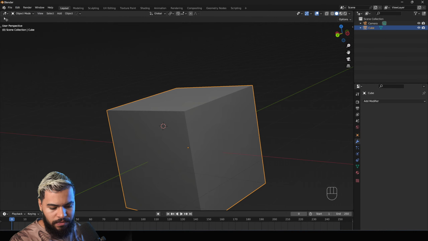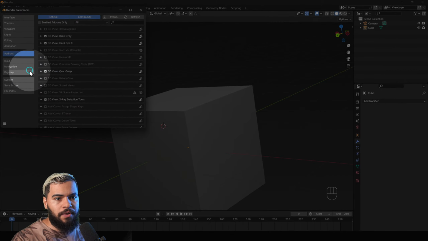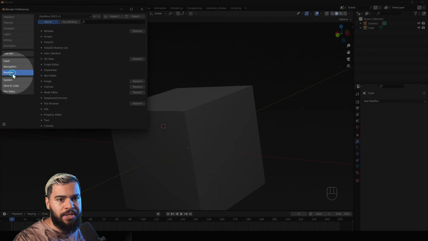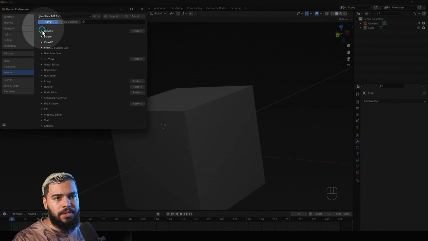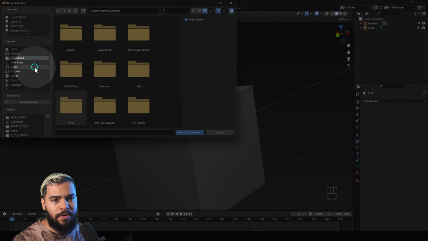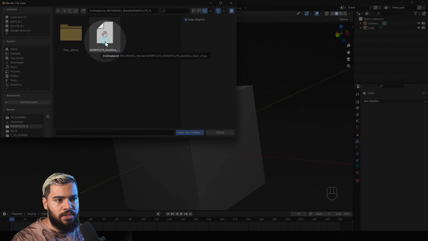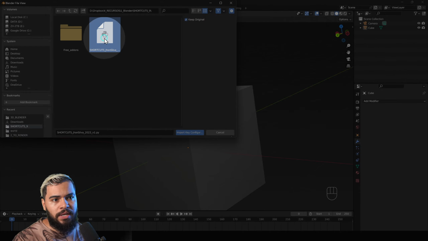Okay, let me just activate the mouse here. Hold on, just go here to Edit, Preferences, and then you must go here to Keymap. And basically on the Keymap, you need to go to Import, and then you need to select the file that I'll make available for you. Basically it is the shortcut file called shortcut John Silva, which is gonna be related to this.